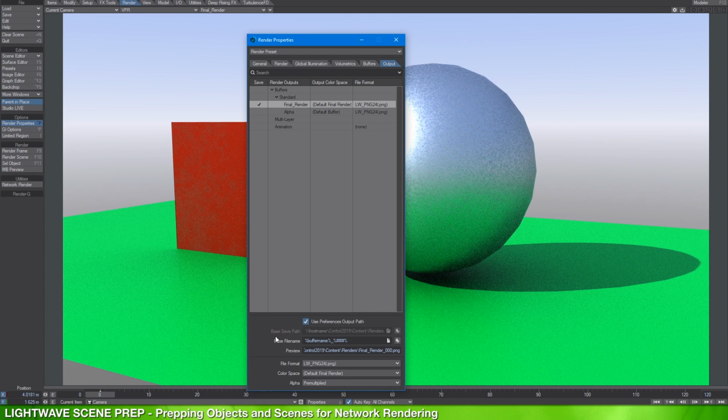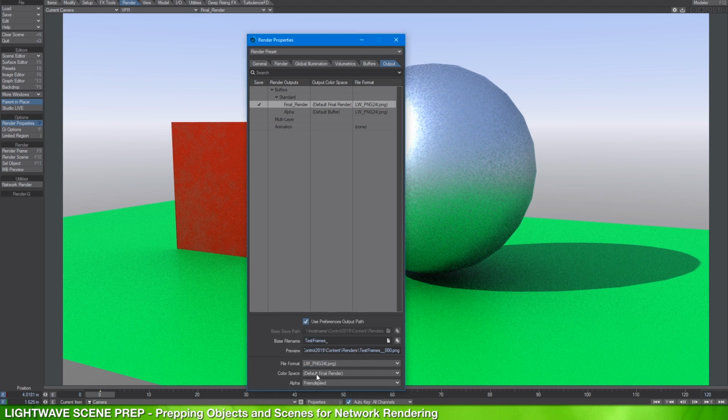So down here at the bottom, you can see the base save path is set to the UNC path we set in the first part of this video. That is also key. This allows all the nodes to save their images back to the host machine. And you can see that the directory path is going to put it in that renders directory that you saw me use earlier. You can give this any name you wish. By default, it'll say final render and then the frame number. So I'm just going to adjust it,